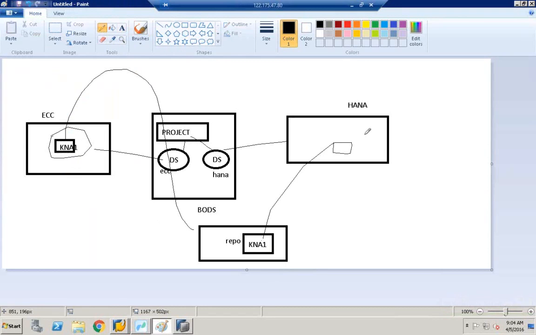In order to move these tables to HANA, we need to create something called template tables. Template tables are runtime tables. These tables are created